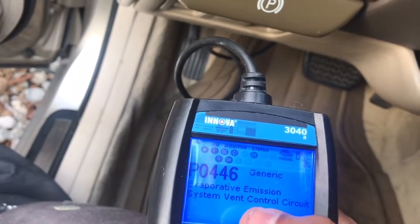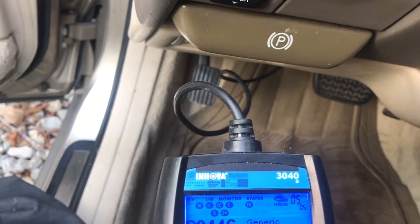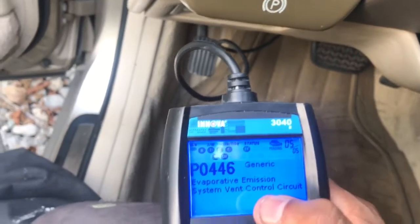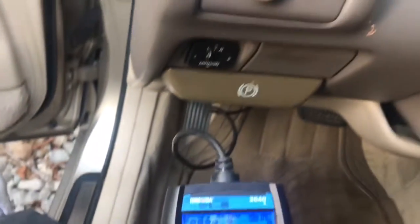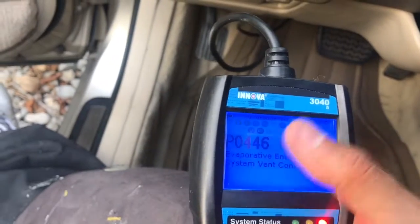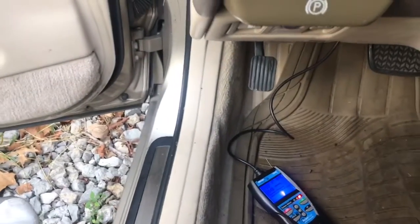The only code I've ever seen cause a no-start, and it could be more, was a camshaft position sensor code because the timing belt had broke. But like we looked at before, this car has a timing chain and not a timing belt, and none of these codes look relevant. So I'm going to think that the security is okay, and none of the codes are telling me anything. So we're going to look now at